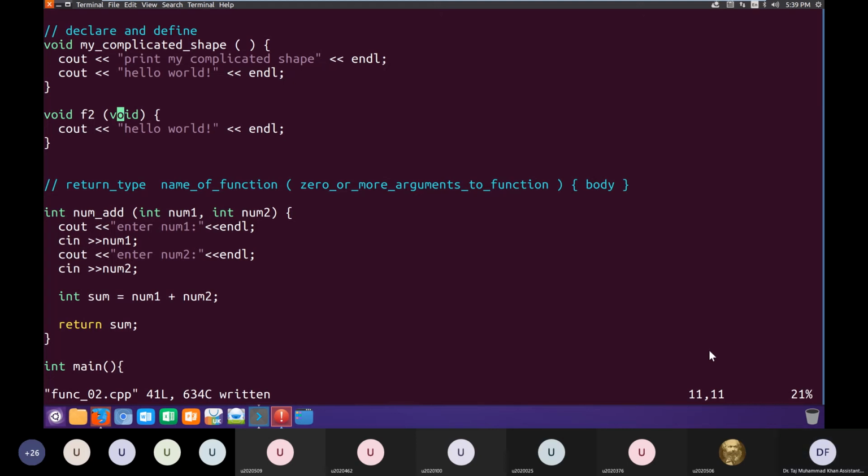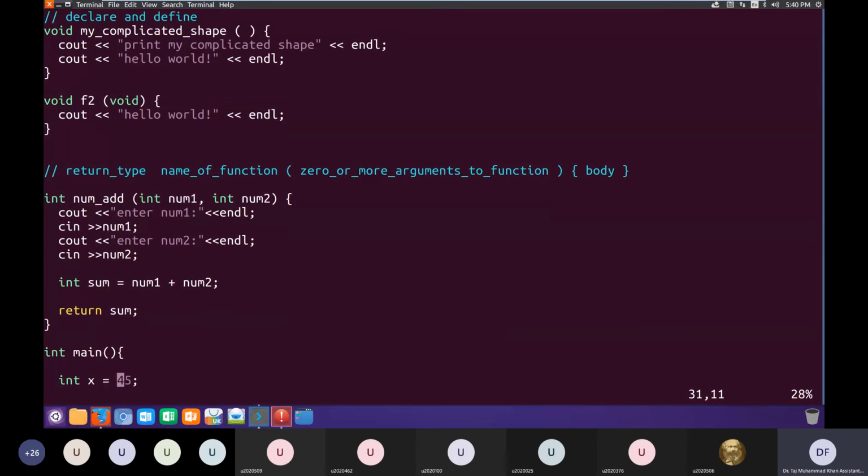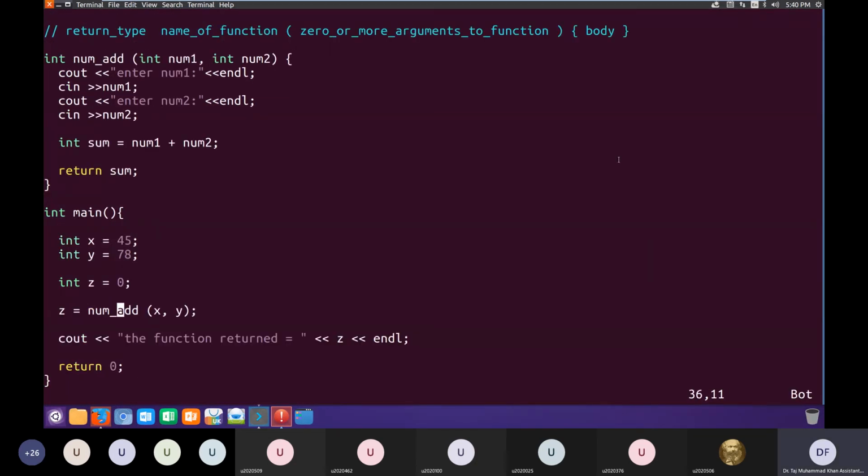Any other question? Okay, I think we have overshot the class time. So before next class, I would like you to make some functions and make them perform some work, and try calling those functions and receiving their result in main. And call them multiple times. Like here, we call this function only once.